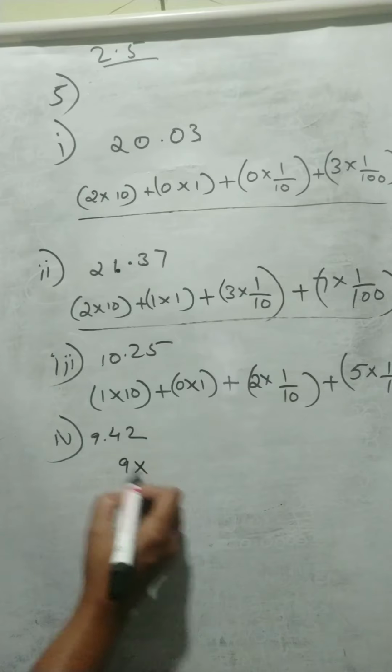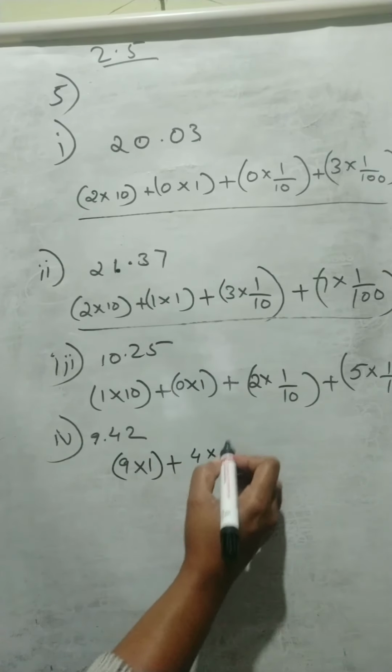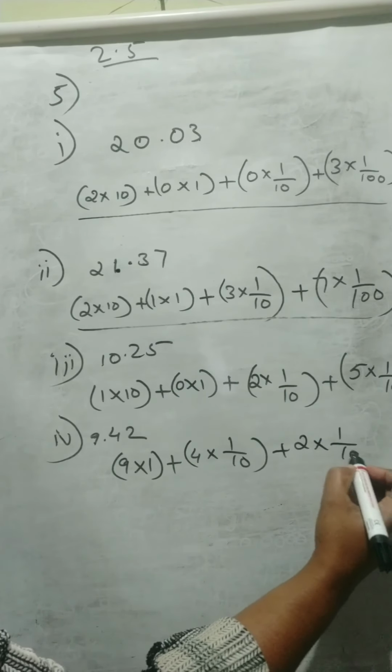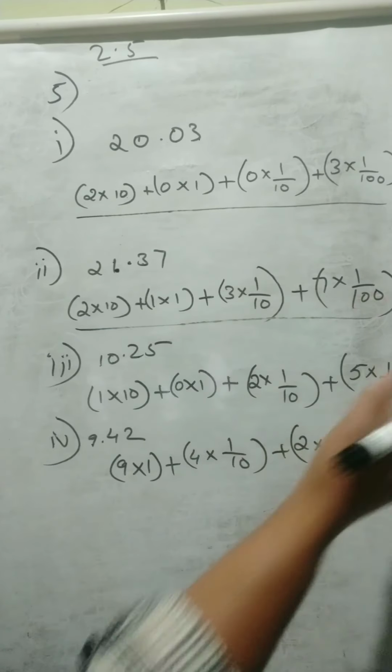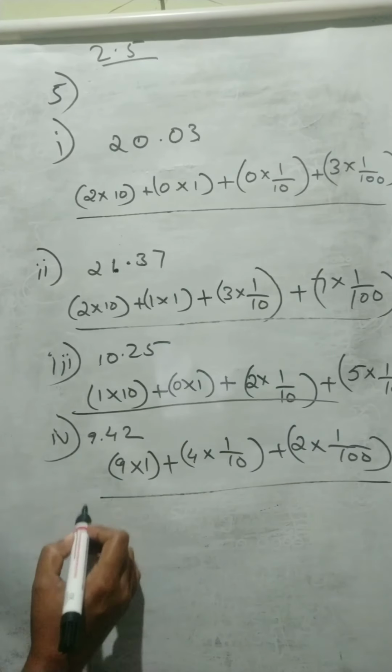So 9, only one digit. 9 times 1 plus 4 times 1 on 10 plus 2 times 1 on 100. Next, if there is a next digit, that will be 1 on 1000. Okay. Then the next question, fifth question is